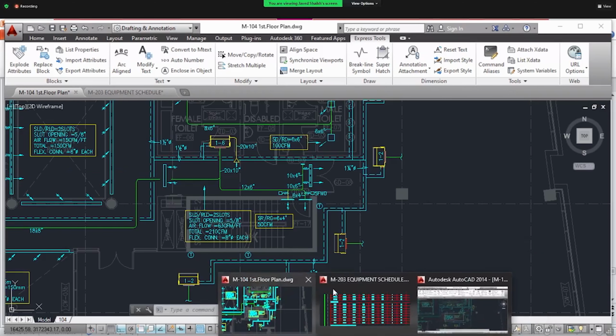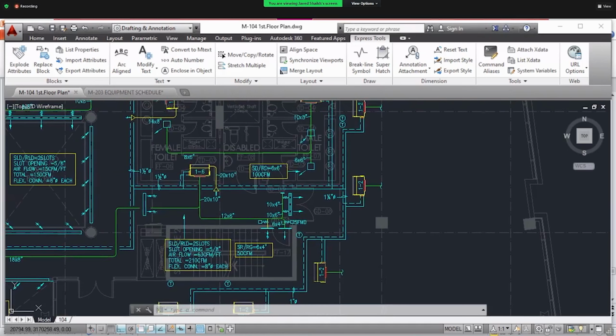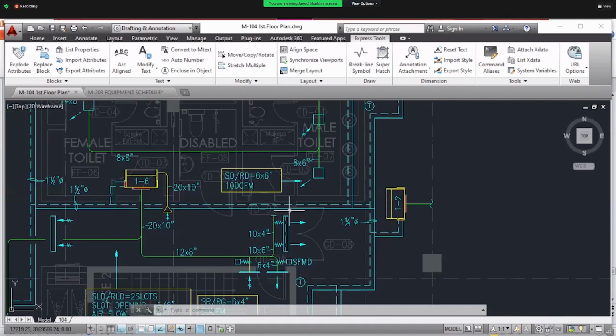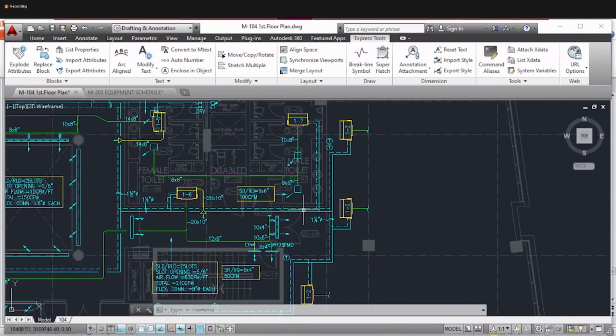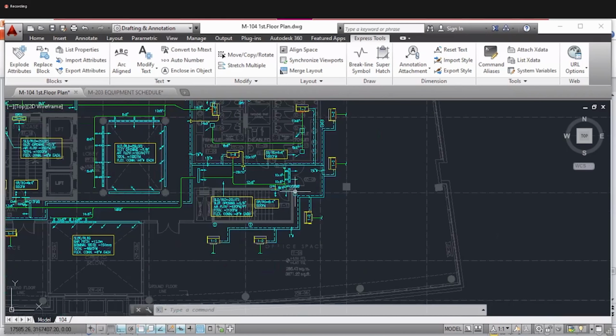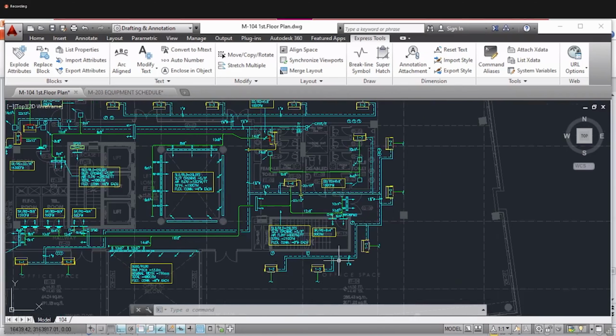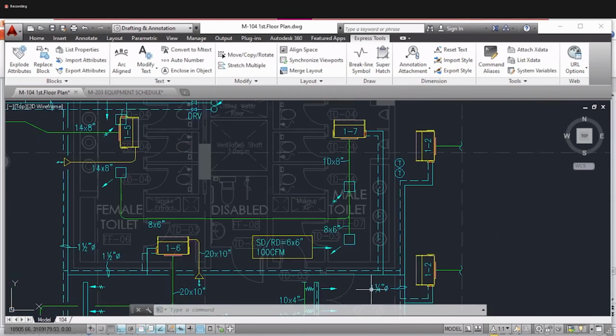So where were we? Now we have to size this pipe. Now we will size this pipe. How many units are connected to this main header? 1, 2, 3, 4, 5 with the same tonnage. So this is a total of 5 units, and one more unit is connected here.